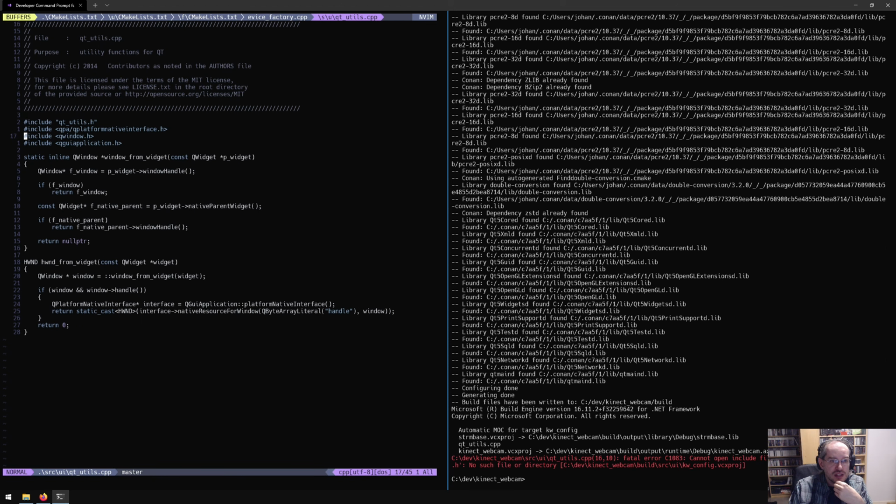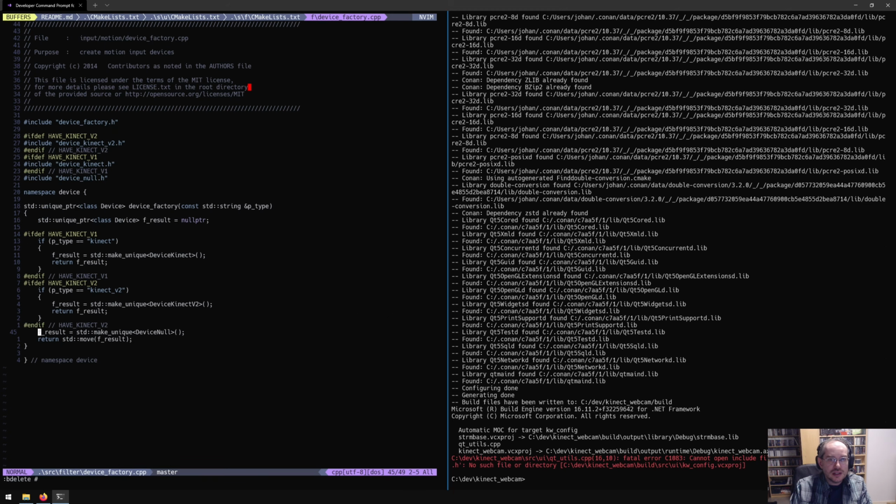Native interface. Native parents, probably the code to get the window handle. I'm guessing that's a private interface because it's not platform independent. Let's look at the